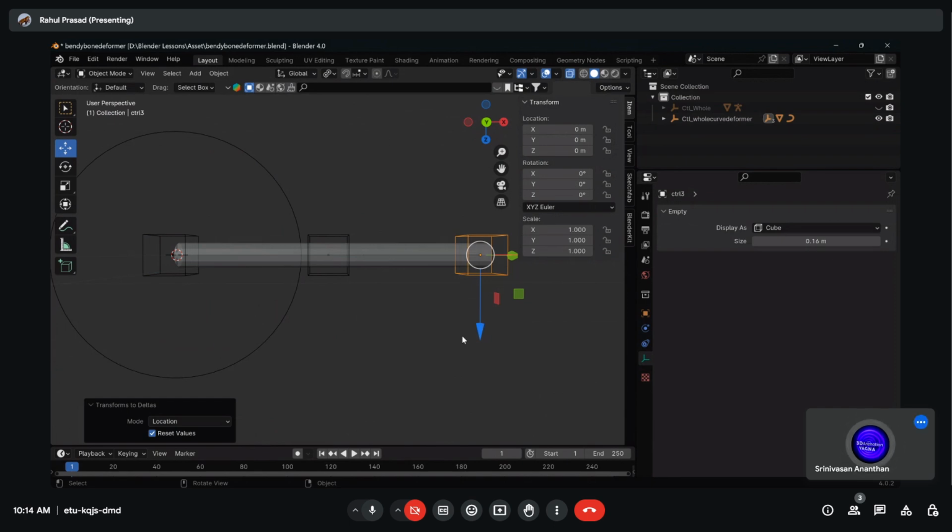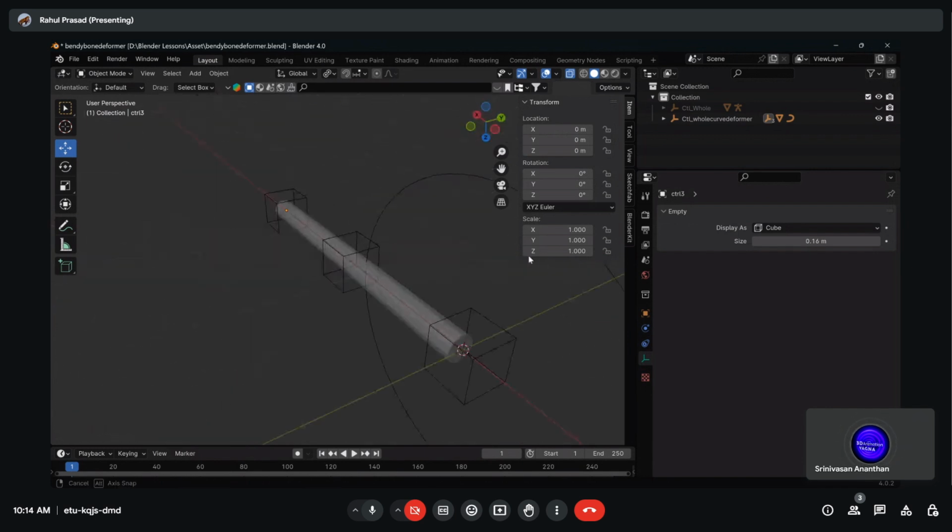When you move it somewhere else, you can safely come back to zeros. You can just type zeros and you will come back to the rest pose. Right. So this is what rigging is all about, that you should be able to come back to the rest pose anytime. Now,